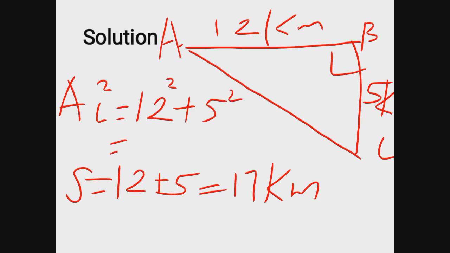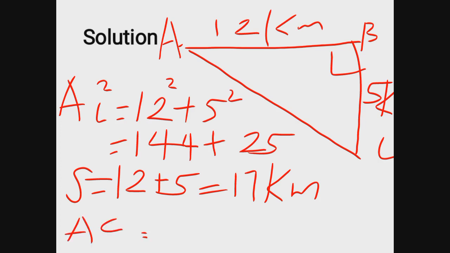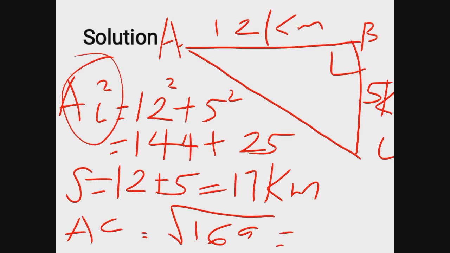Then we perform our arithmetic. 12 squared is 144, and 5 squared is 25. So 144 plus 25 will give us 169, and we have to look for the square root of 169 because AC is squared, and the square root of 169 will give us 13